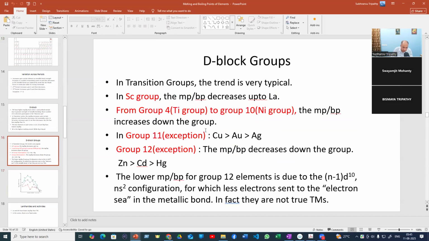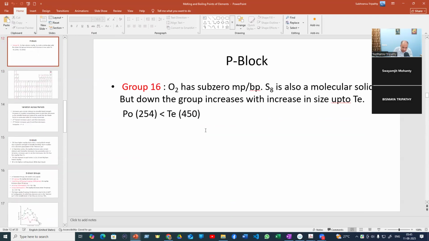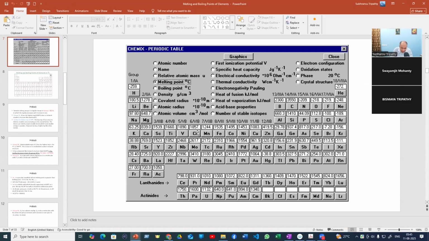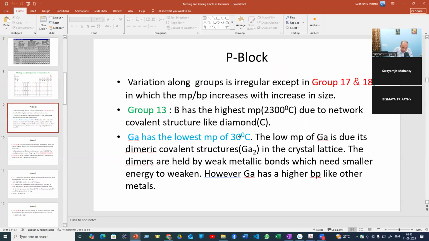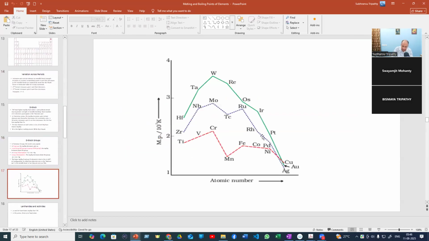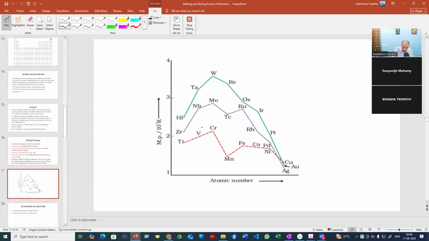Vanadium shows in my table, and of course in the other table which I have borrowed from elsewhere, here vanadium is 1890 and chromium is 1857. In all cases, vanadium is greater. So we cannot say it goes on increasing up to chromium. So I will make a change in this particular graph. I will make it anomalous here, making vanadium